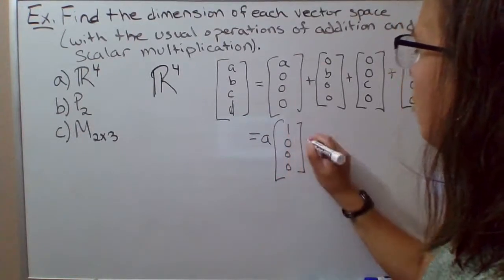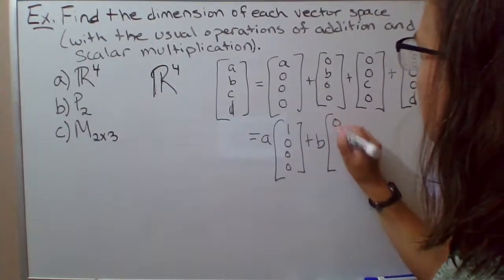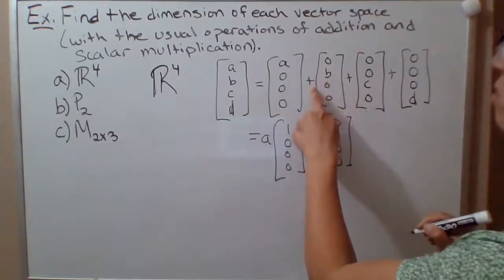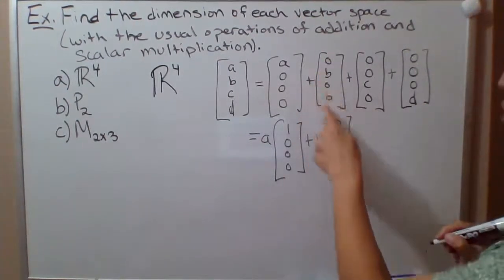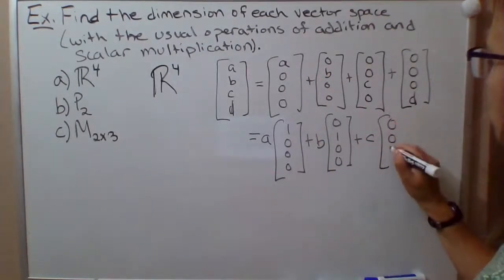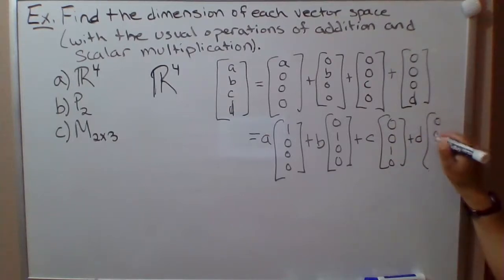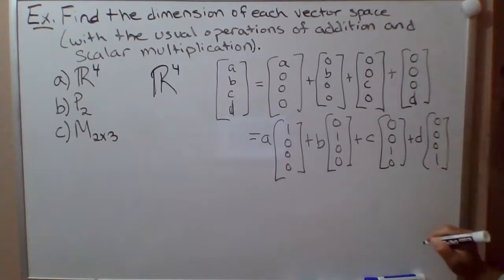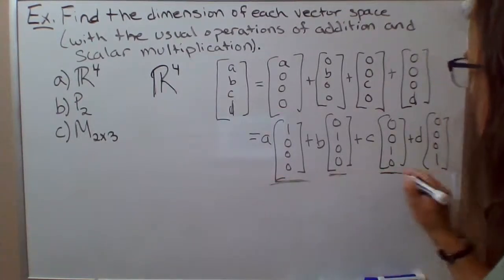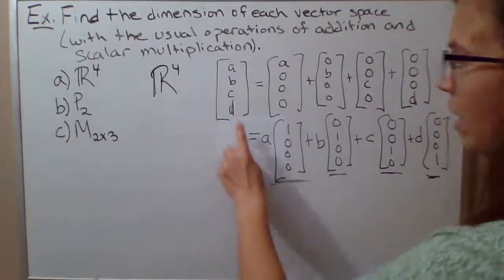And this would be the standard basis for R4, to just list the unit vectors in each direction, which is what this is going to amount to, because now I can factor B out of this vector, and that'll be B times 0, 1, 0, 0, and then C times 0, 0, 1, 0, and then D times 0, 0, 0, 1. Is that on the screen? Yes. Okay. So here's 4 vectors that span the vector space R4,